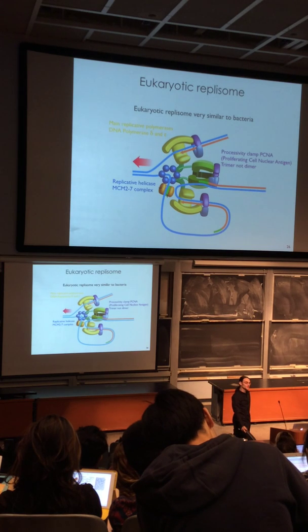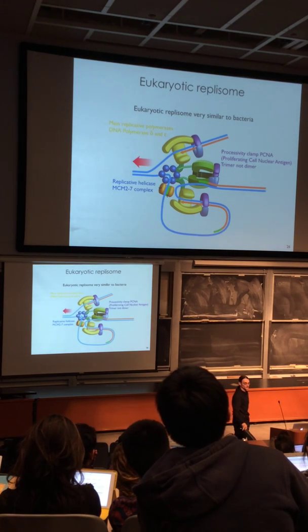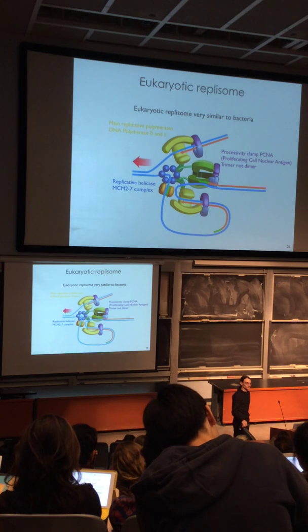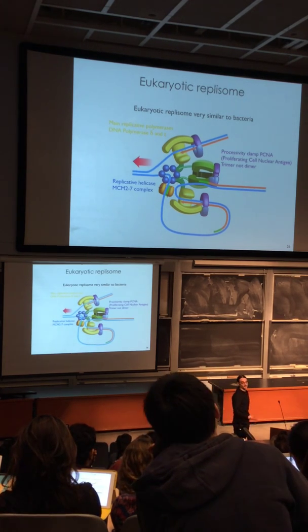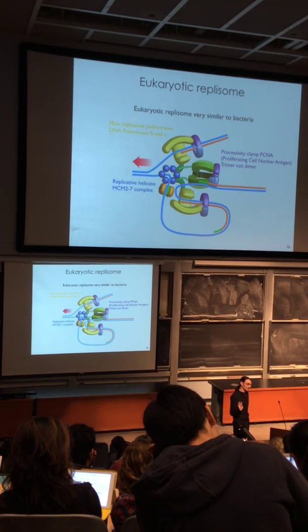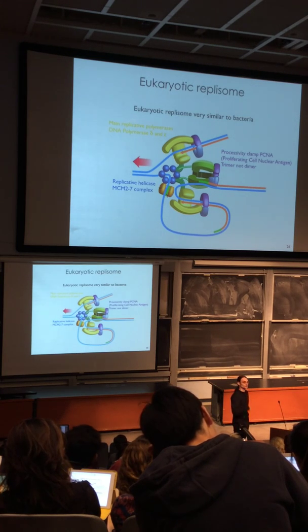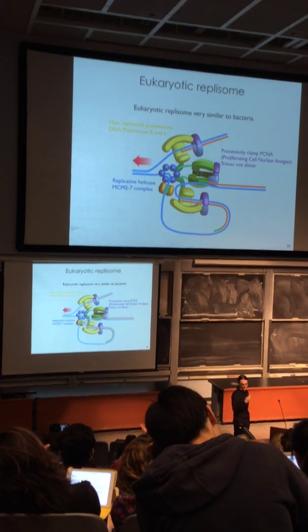It's called 2 to 7 because, in contrast to the bacterial case where it's 6 identical subunits, in this case it's 6 different but related subunits. So we often see this: in bacteria there's a 6-member complex with 6 copies of the same thing. In eukaryotes, that gene has been duplicated 6 times. They've been slightly specialized, and so you assemble this ring with 2, 3, 4, 5, 6, and 7 subunits all